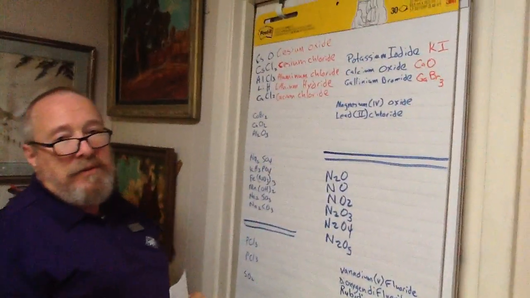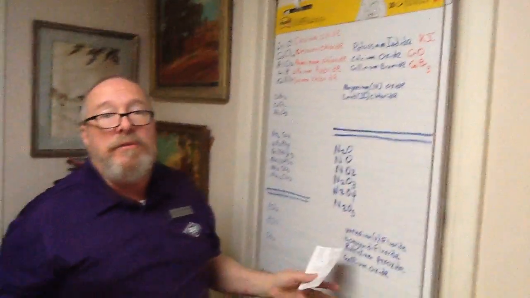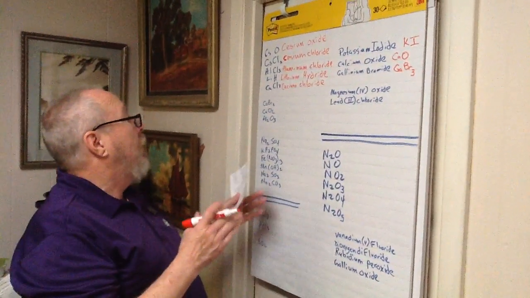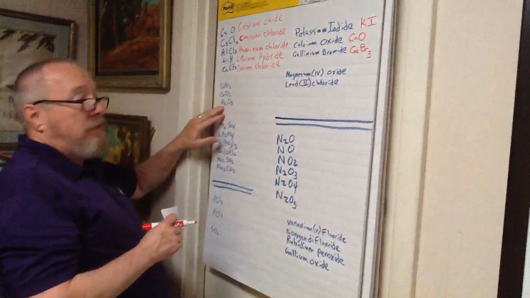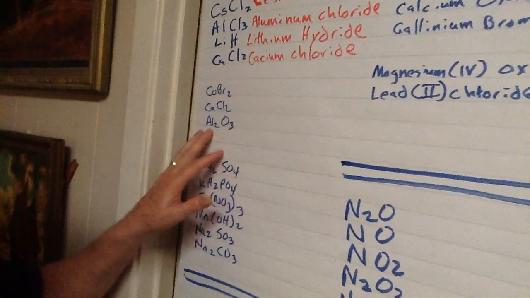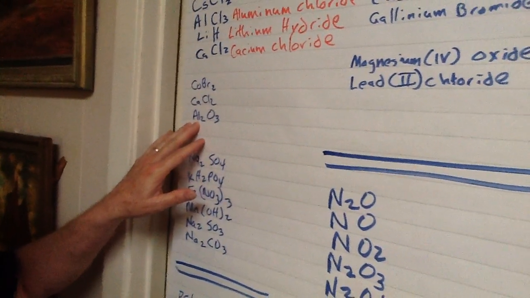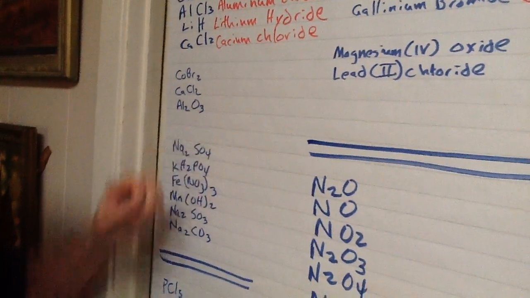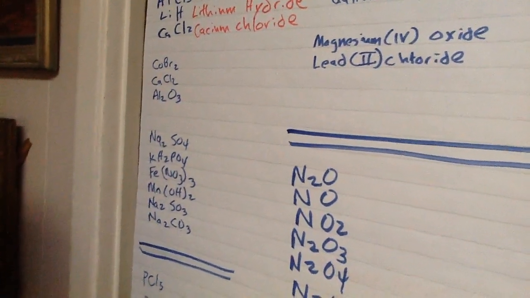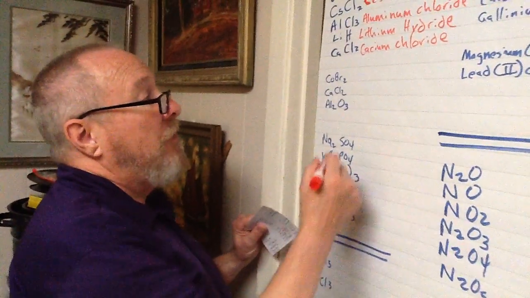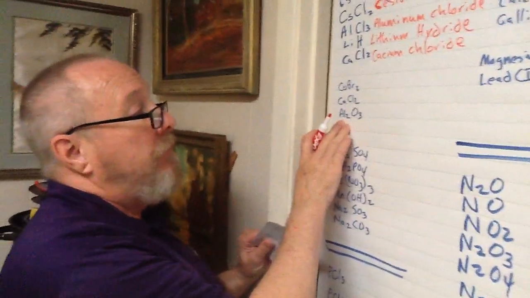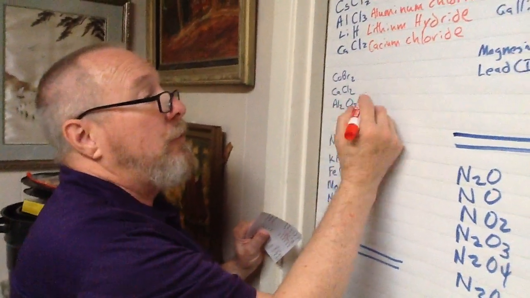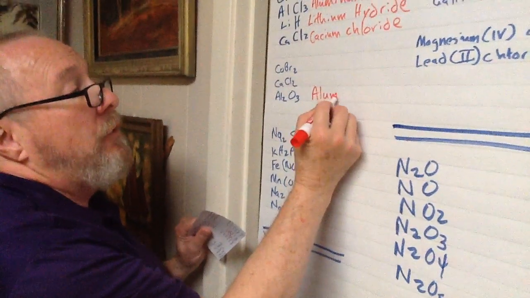The biggest challenge is always things like aluminum oxide. That's as hard as it gets. Aluminum with its plus 3 and oxygen with its minus 2. Uh-oh, what do I do? Aluminum's plus 3, oxygen's minus 2. 2 and 3 don't fit together real well. What do I do? I find what's basically the lowest common denominator, which is 6. So I need 2 plus 3s and 3 minus 2s to form this compound, aluminum